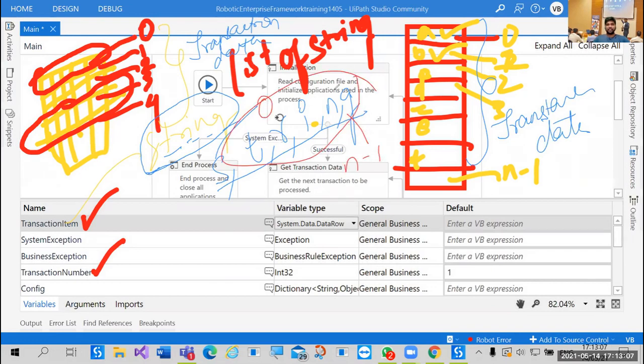If the length of it is 5, then if n is the length, this is at the index n minus 1. Now, if you see here, by default this will be 1. But other than queues, when we are using the REFramework, we need to change this from 1 to 0.